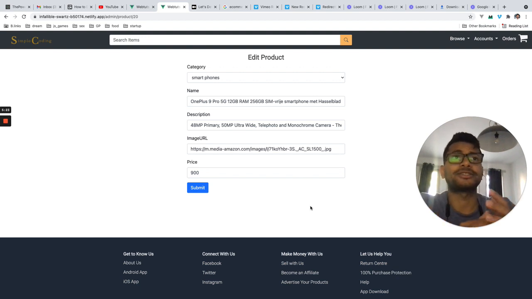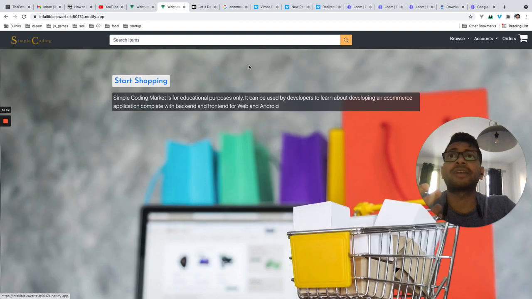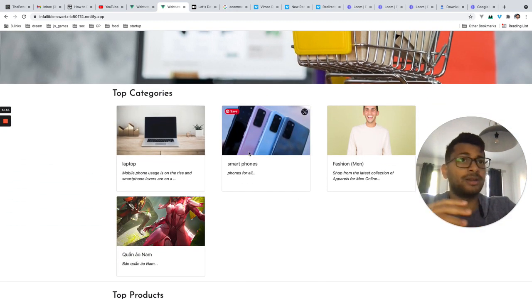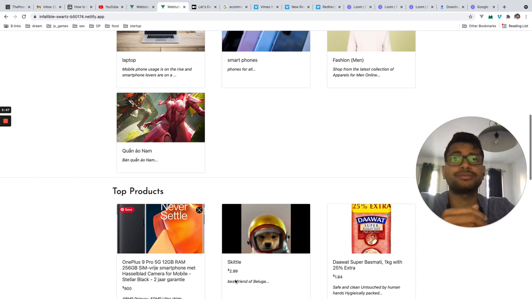Let's get started. So we'll start from scratch. First we will create simple things, like we'll create some categories in the backend, and then we'll create some products in the backend. Then we will display the products and categories in the front end. We'll make this home page. We'll display the top categories and top products.